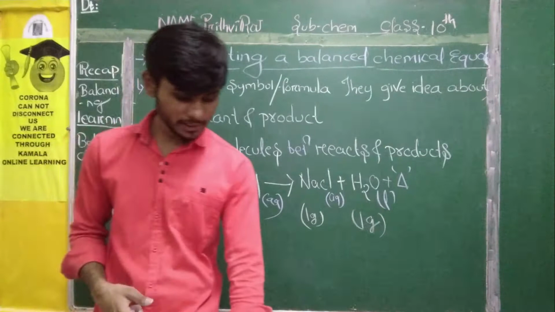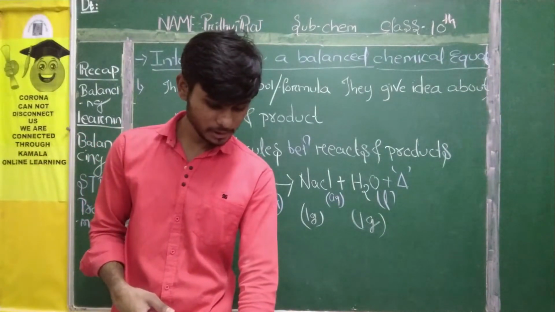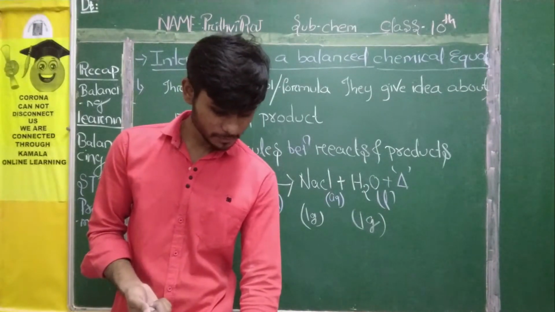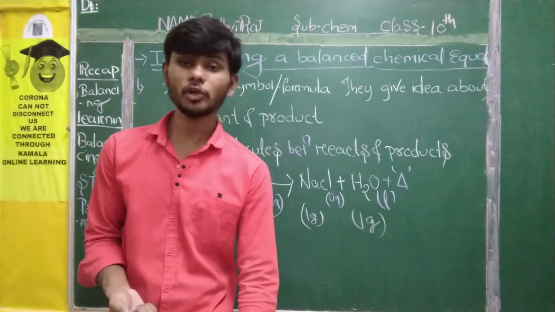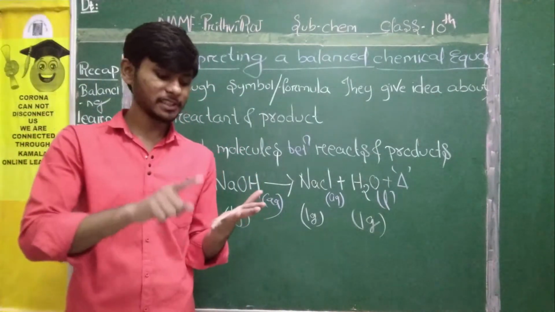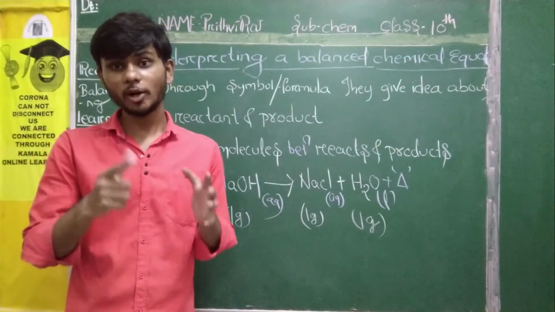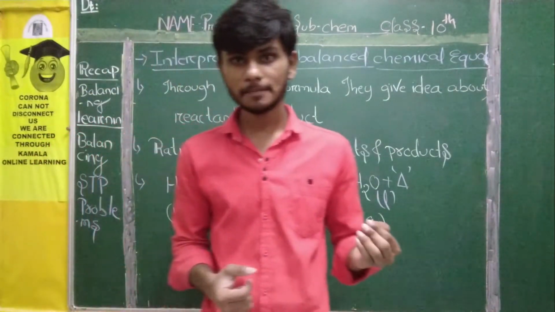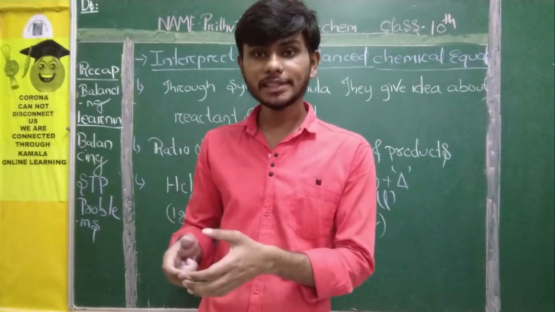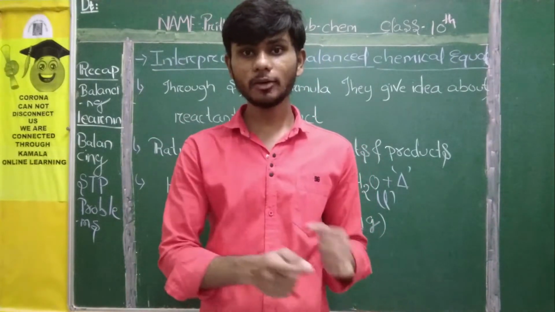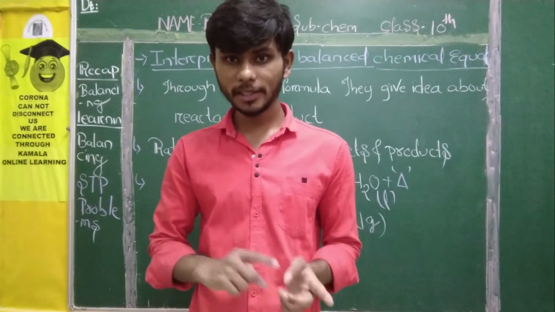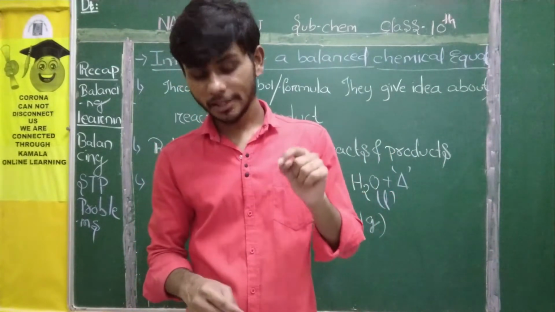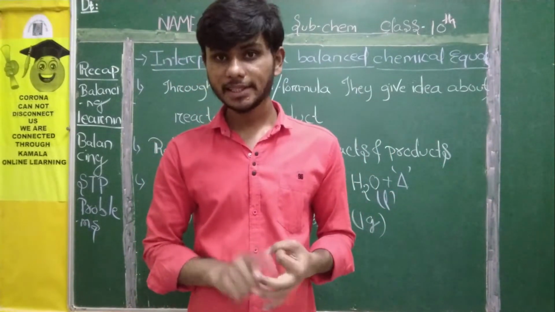Okay. And fifth point: if gases are involved, we can equate their masses to their volumes and calculate the volumes of the gases liberated at a given temperature and pressure using the molar mass and molar volume relationship. By using this relationship, we can calculate how much gas has evolved from a particular reaction. Because as we know, in an equation the reactant side must equal the product side according to the law of conservation of mass. But if gases are going out, how will you measure? You can measure by using this volume mass relationship.